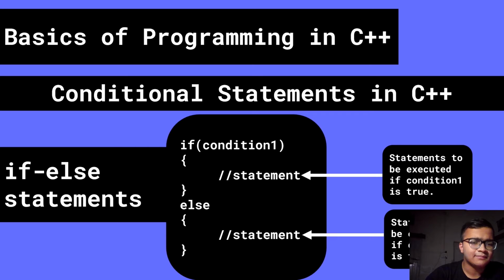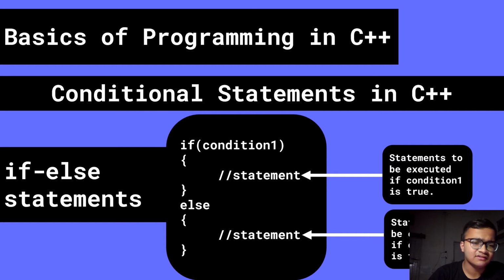Suppose I have to compare two numbers, say A and B. In condition 1 I write if, and inside the brackets we write A greater than B. So it's a question or decision-making statement where the compiler will find out whether A is greater than B according to the input given by the user. If that statement is true, then the block under the if statement is executed. Otherwise, if it is false, the else block will be executed. It will not read the statements under the if condition if the condition is false. So this was about the if else statement.